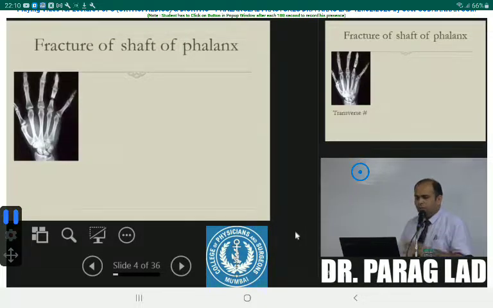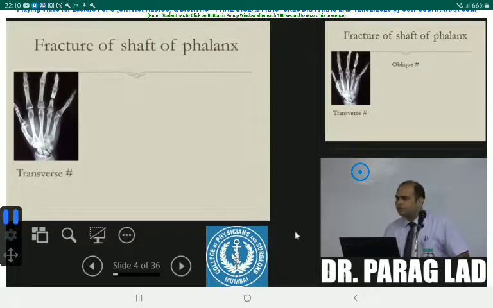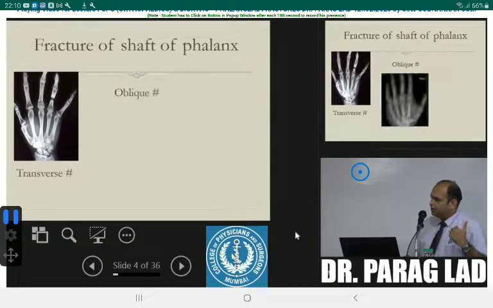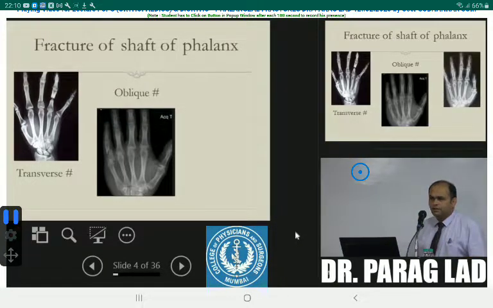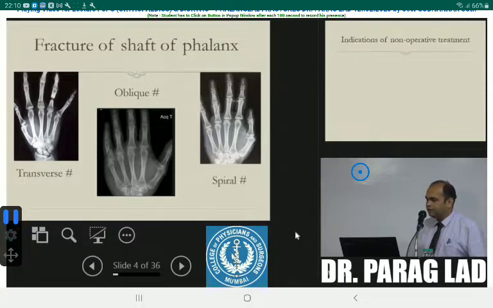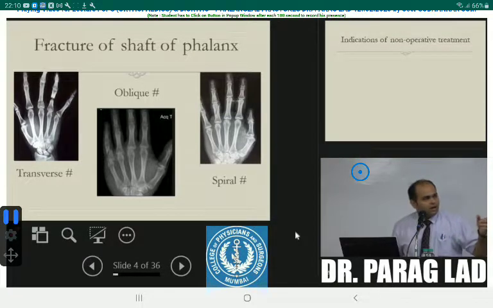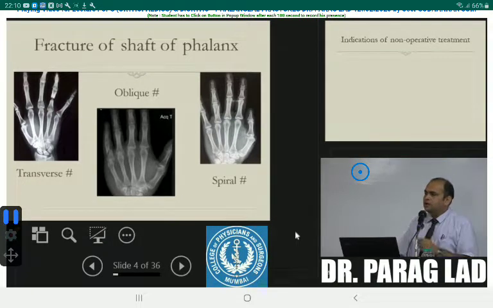So what are the different types of fracture? It doesn't change whether it is a humerus or femur or a phalanx. Usually we see transverse fractures in the shaft of the phalanx. Then we see an oblique fracture in the shaft. Then we see a spiral oblique fracture in the shaft. These are the most common types. The treatment for each is different, because in a transverse shaft fracture, if we understand the orthopedic principles, we should have absolute stability. There should be no movement at the fracture site. Then only will it heal, because there is less soft tissue around.